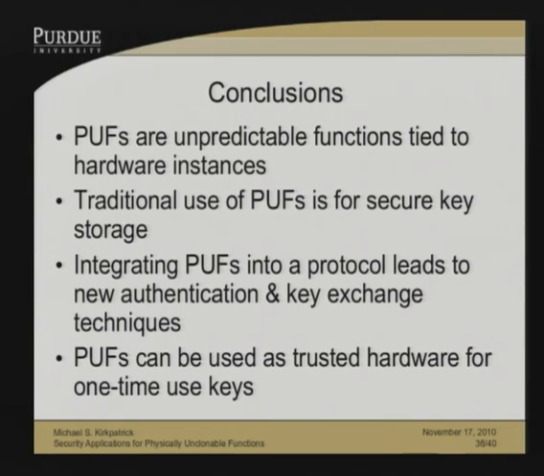But I think we can actually do a lot more with that. And if we integrate puffs into cryptographic protocols and key exchange and other things like that, then we can get some very interesting results out of it. And with the last project, puffs can be used as a means of trusted hardware to implement that oblivious RAM that cryptographers like to assume exists. So,